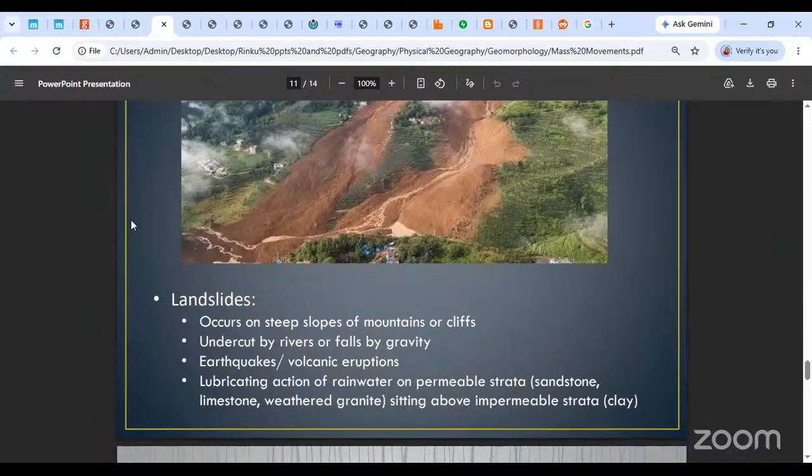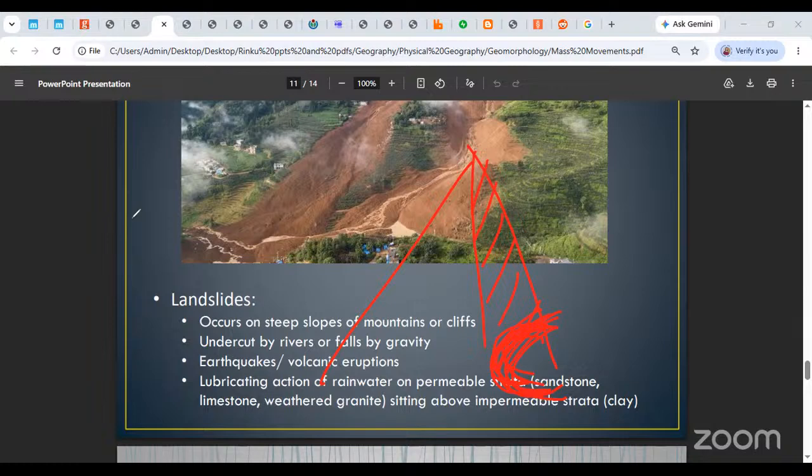Okay, so say for example, say this is a mountain. Now I start to make a road over here. I want to make a road over here, so I cut through it. I make a tunnel through it, and I want to make a road over there. Now what has happened is, this has been undercut by human efforts. This base of the cliff has been undercut, which means this entire structure is left unsupported, which means this can all come down, in the form of a landslide or any other way. Please remember, unsupported structures have to come down.